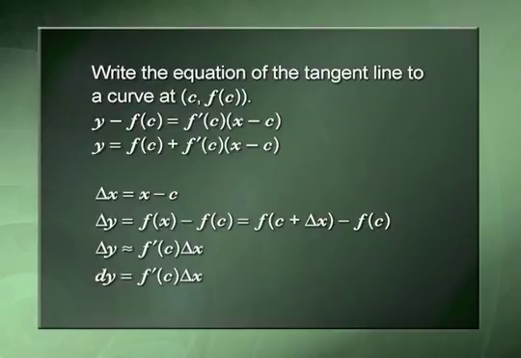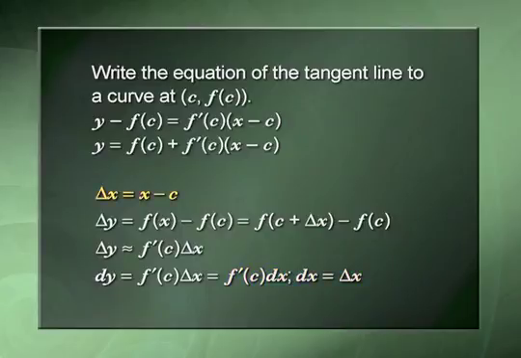So this is the definition: dy is defined to be f prime of c delta x. And they usually say delta x equals dx, and they get the definition that dy is f prime of c dx. So that's our definition of the differential of y, and dx is the differential of x, and it is